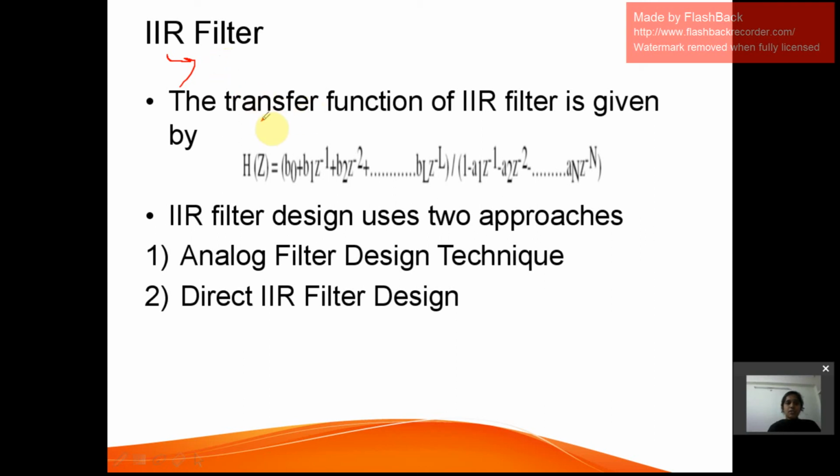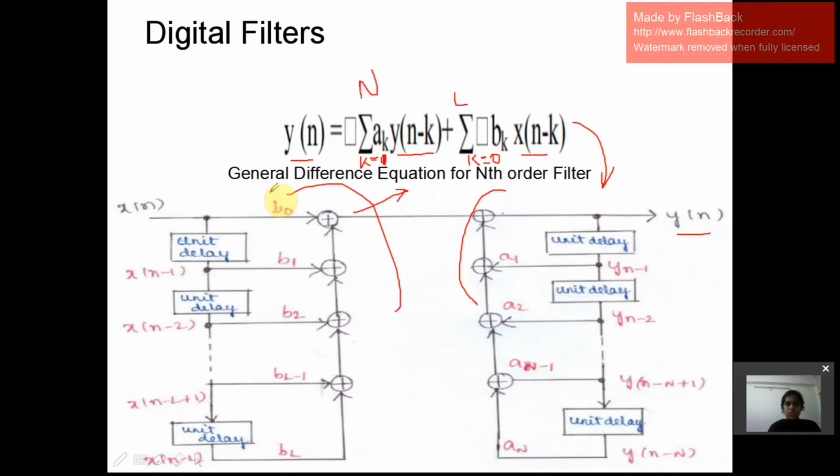And coming to the transfer function, how are we going to write the transfer function of the filter? Just with respect to this formula. Keep this in your mind. This is the general difference equation, right? From this you write a transfer function. What is a transfer function? Apply the z transform to the output as well as the input. Y of z by X of z is nothing but H of z. That is a transfer function. If you apply that to this expression, you will get this.